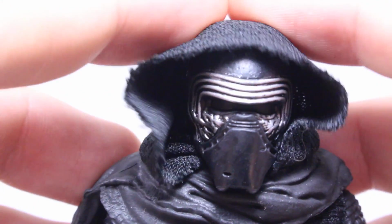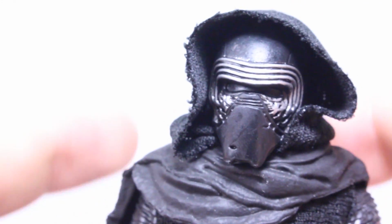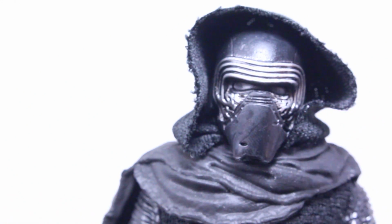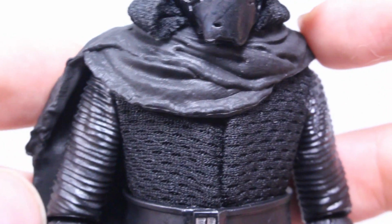You can actually remove it and you can see his full helmet, which we haven't seen yet in the trailers, but yeah, it's a very nice helmet. His mask is actually very inspired by Darth Vader. Kylo Ren is supposed to be a Darth Vader fanboy, which makes him even cooler in my book. He has his not Sith robe since he's not Sith, but you can see he has a nice plastic cape